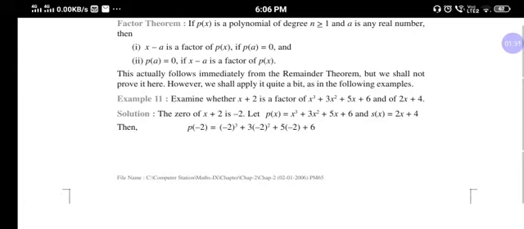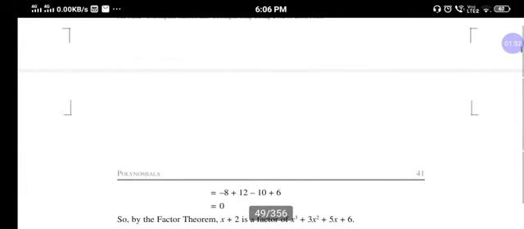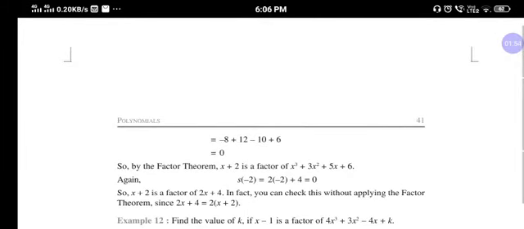Now let p of x be equal to x cube plus 3x square plus 5x plus 6. So put the value of x as minus 2 in this polynomial. So cube of minus 2 plus 3 into square of minus 2 plus 5 into minus 2 plus 6. Then simplify this and the answer is 0. So by the factor theorem, x plus 2 is a factor of